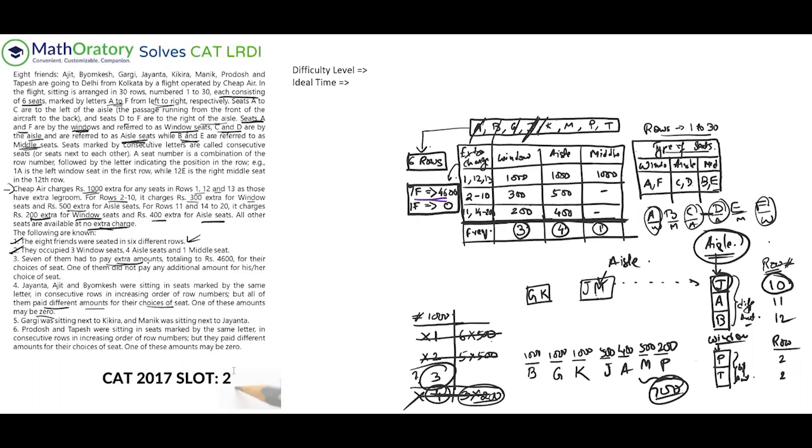So in an ideal paper setting, the ideal time to solve the set would be somewhere around 12 to 15 minutes. Now think about it. This is why I started with the ideal time. If it takes 12 to 15 minutes to solve the set, it is definitely an intense level of difficulty. But more than that, what I would like to point out is, do not touch this set during the paper. It's a sort of do not touch in the paper.